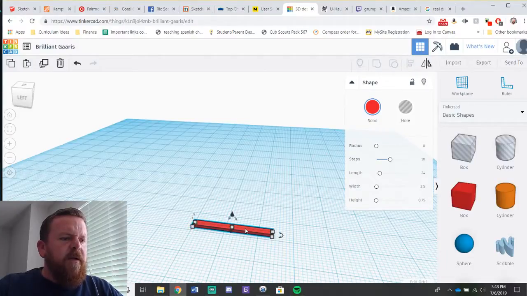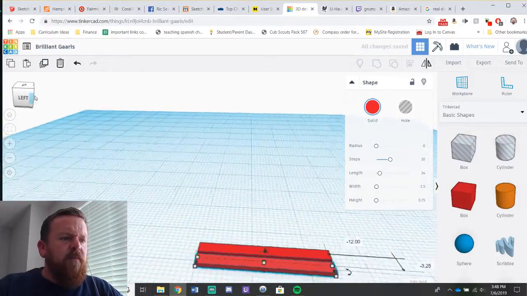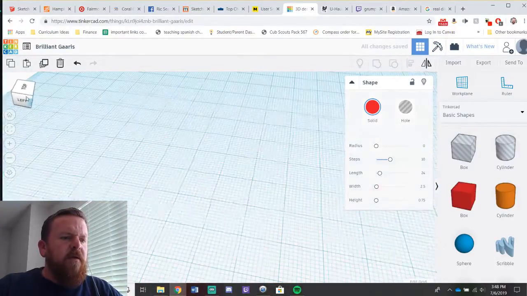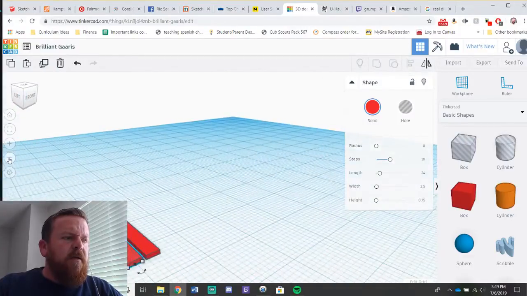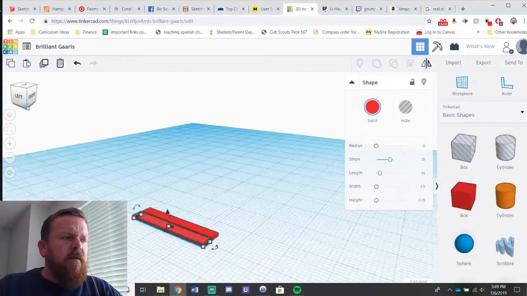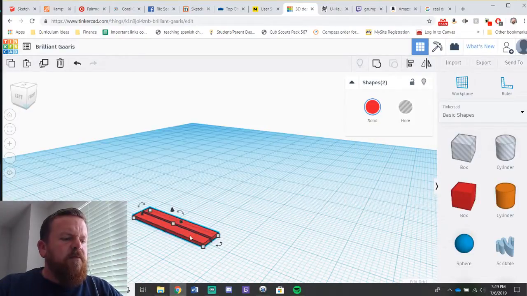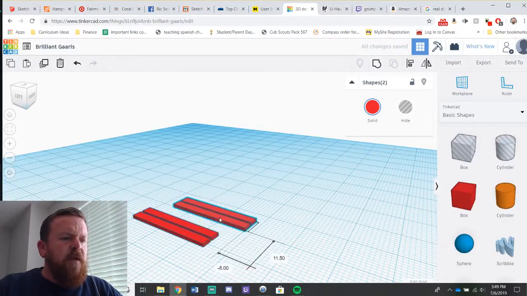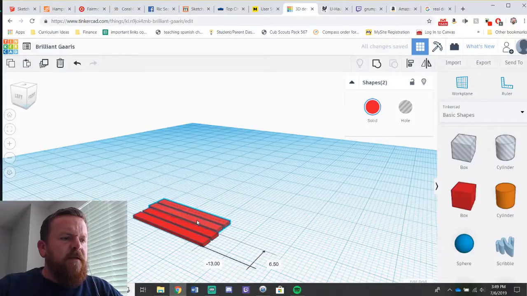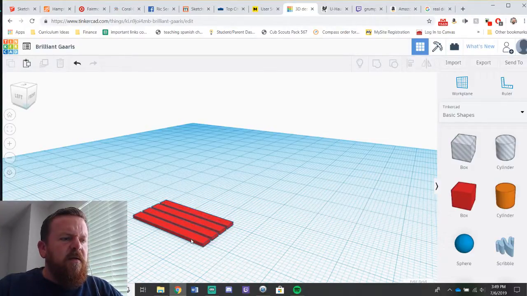So copy, paste. Now I can get 4 of them out of one. Oh, come on. So I can get 4 of them like this. Yeah, see, this is cool. So this gives me, if I have